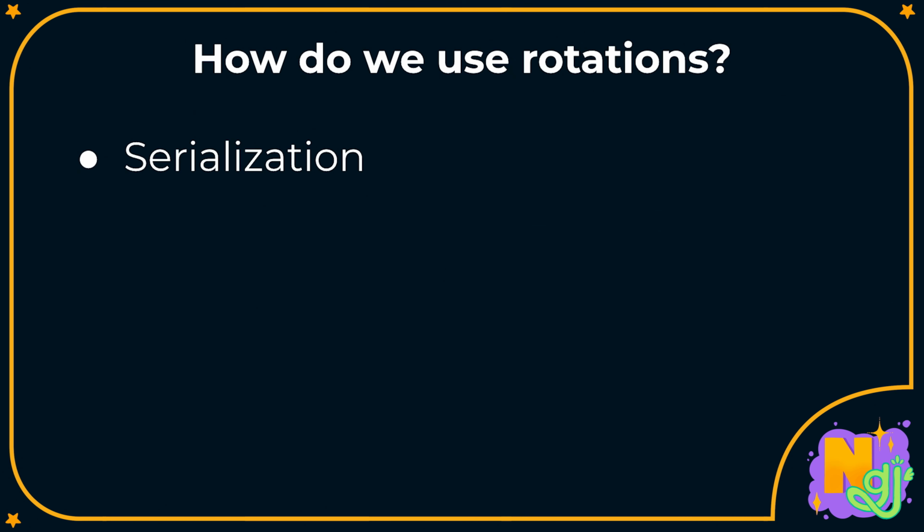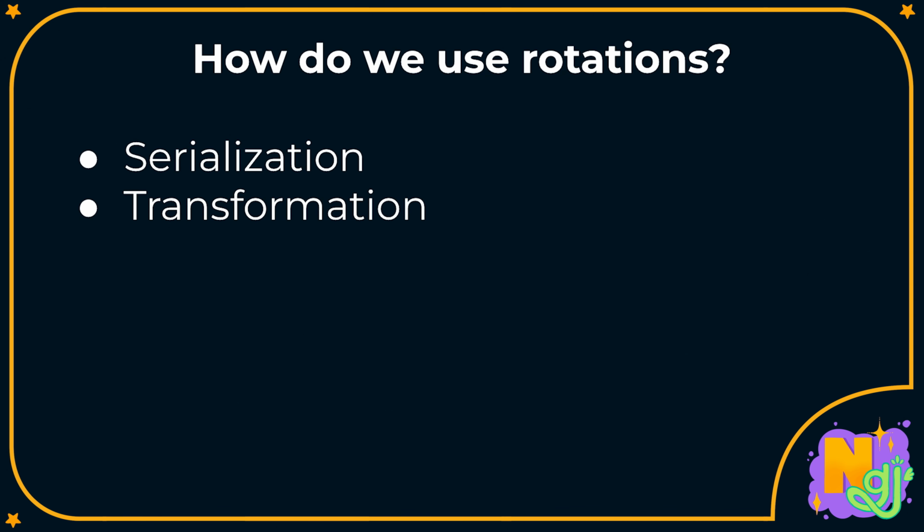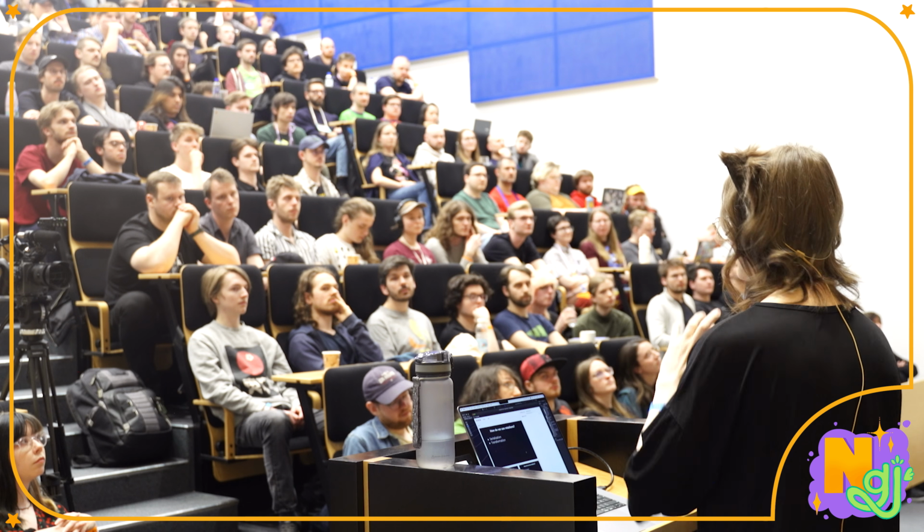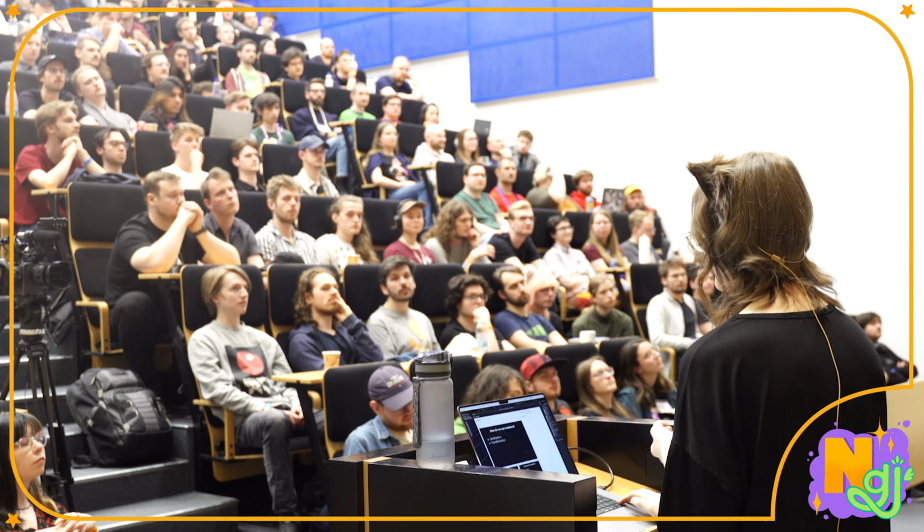One of them is kind of boring and obvious, which is serialization. You want to store the rotations of objects in your data, like in your level. You want to store the rotation of stuff. You use rotations for transformation, which is you have something in one coordinate system, and then you transform that thing using the